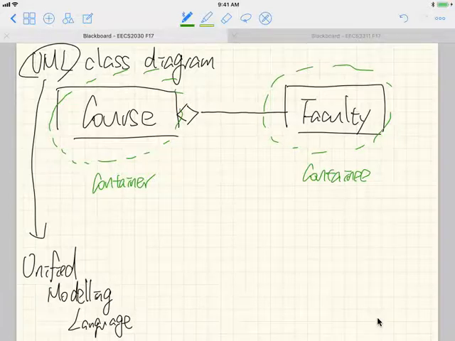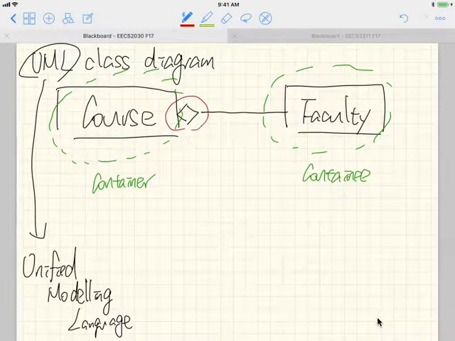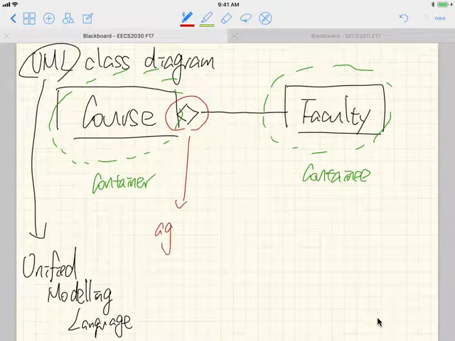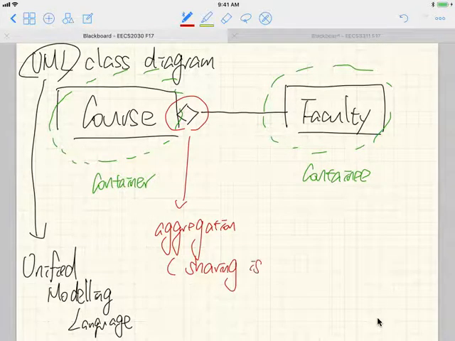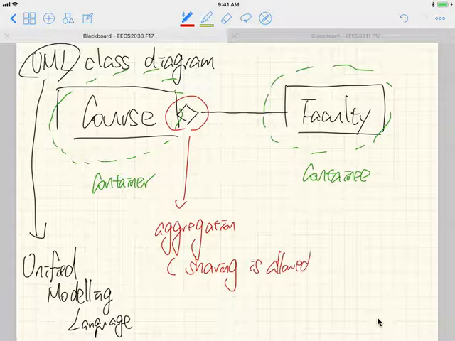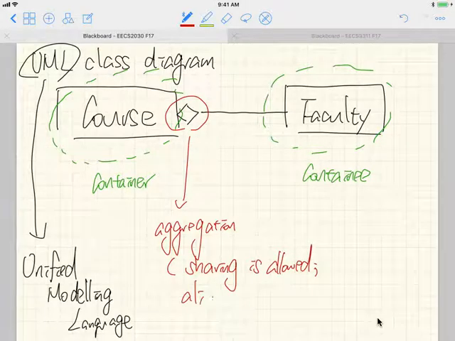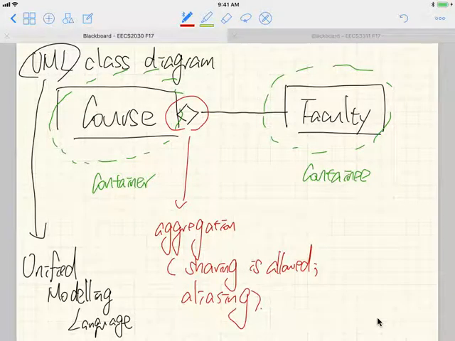So now let me just select that. So this means aggregation, which means sharing is possible. And that means in Java we got aliasing. Okay, that's something to keep in mind. Okay, that's one extreme, we can share. Okay, one more thing I want to show you, which is, let's try to make more sense out of the